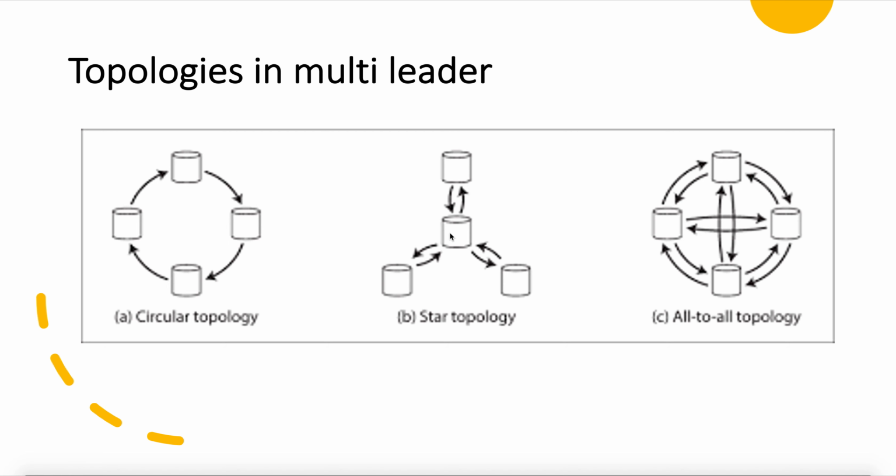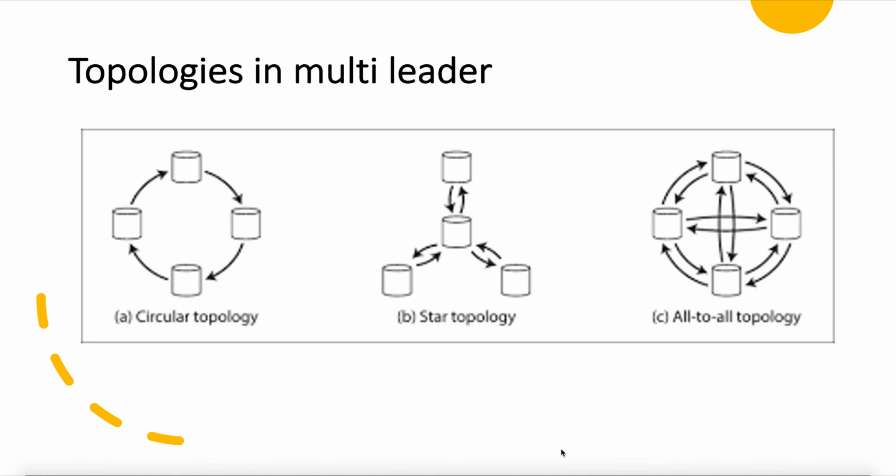For example, consider that a client A comes and inserts some data into leader 1, and then client B comes and inserts the data into leader 2. Then we have to replicate these changes to leader 3, but leader 1 changes were first attempted and then leader 2 changes were made, but leader 3 can receive the data from leader 1 and leader 2 in any order, and this can result in inconsistent state.